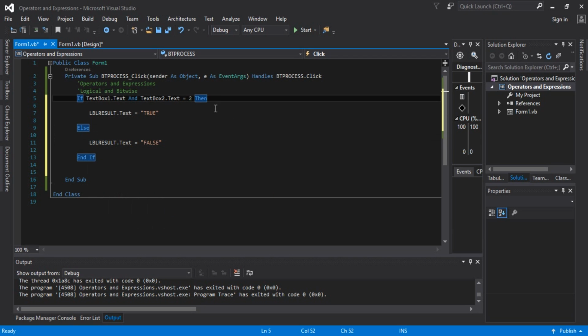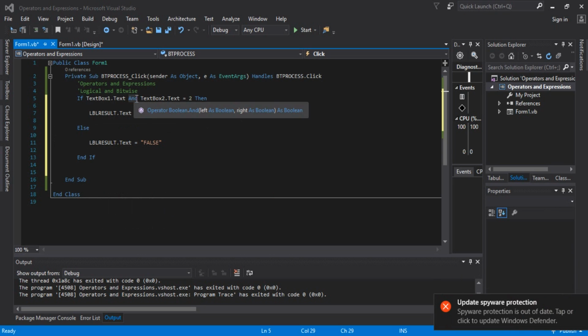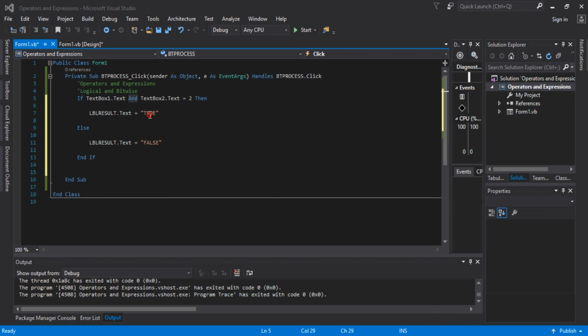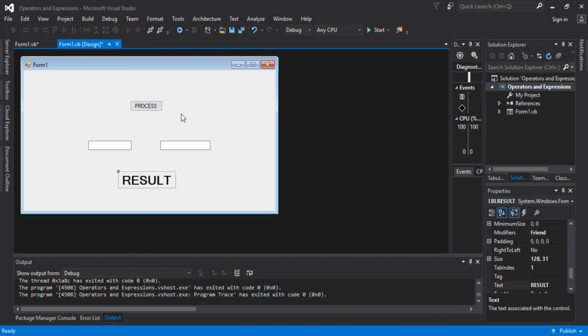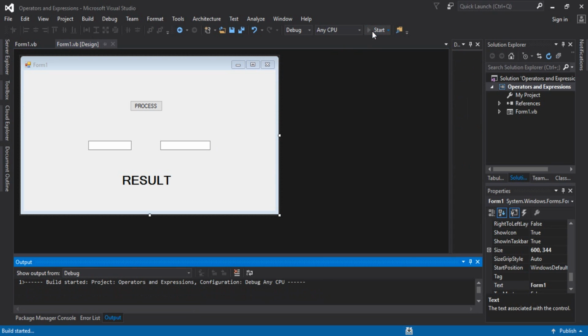So this is a logical operator. The And will give me a true result if the two conditions are true, and if one of the two conditions is false, it will give me the false result. Okay, I will try running this case. For example,